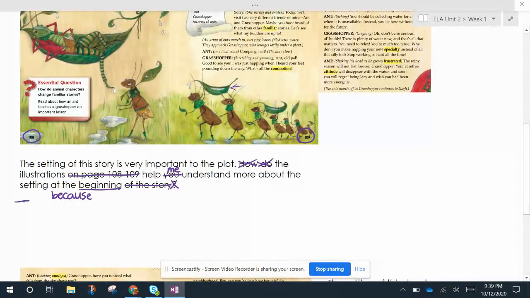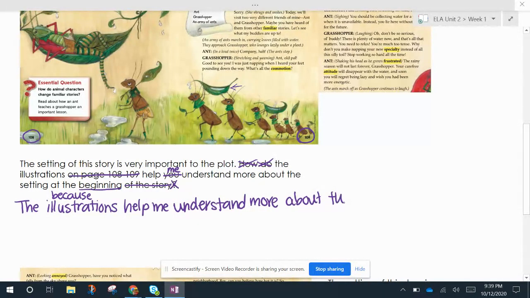So the illustrations help me understand more about the setting at the beginning because,